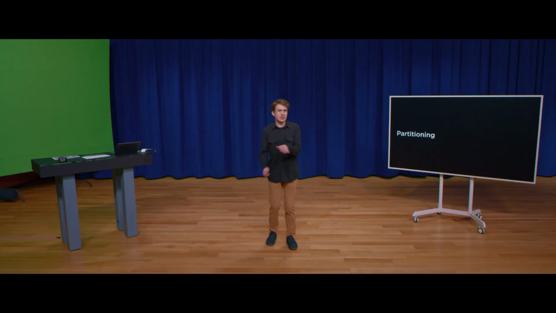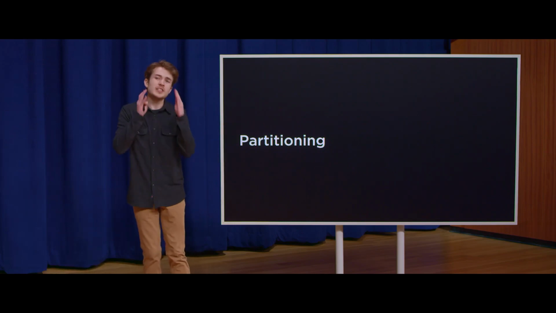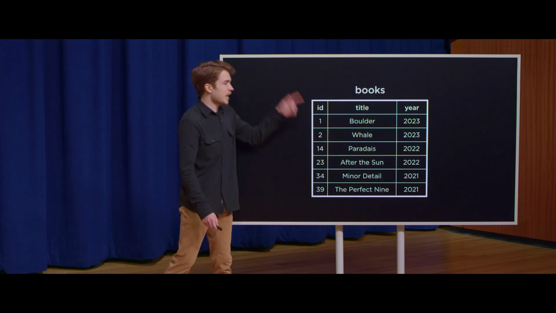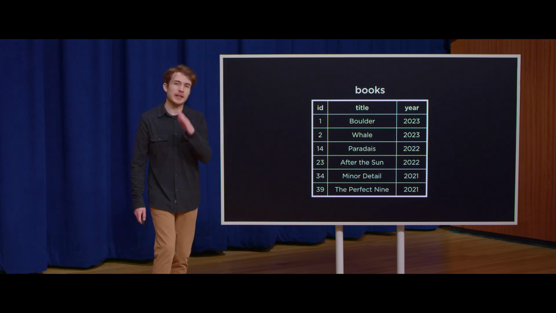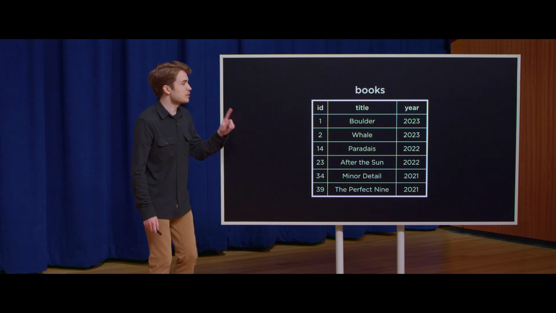And we're back. So we've seen so far how to use views to simplify and also aggregate our data. What we'll see now, though, is how to use views to partition our data. That is, to break it into smaller pieces that might be useful to us or to some application. Now, on the International Booker Prize website, they have a page for each year of long-listed books. But in our table, we have all the books together, regardless of their year. Well, maybe it will be useful in the application, or even for me personally, to have a table, one for each year of books that have been nominated for